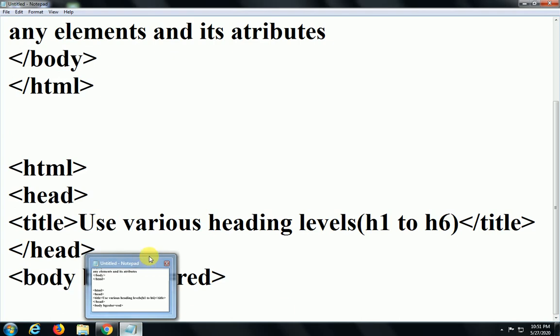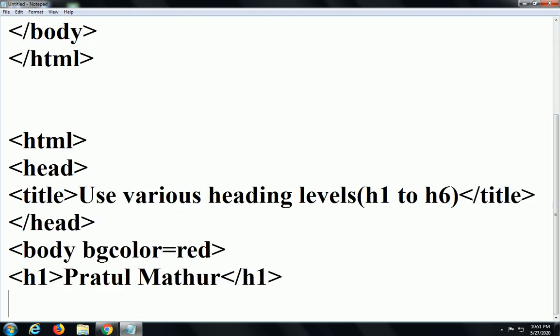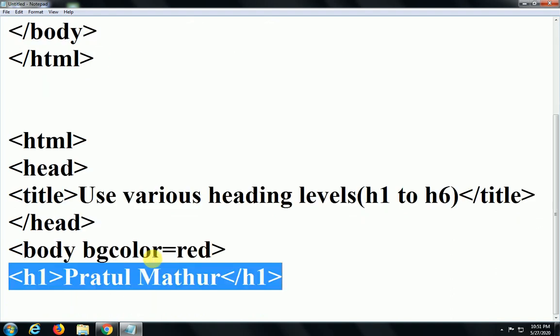After that we use the first heading level, that is h1, called the biggest heading level. Type your name like that, my name is, and close the h1 heading. Similarly, we also use the various other heading levels h2, h3 and last h6.